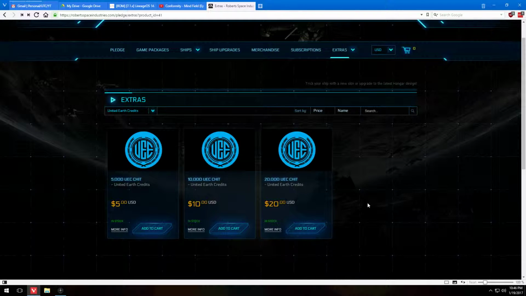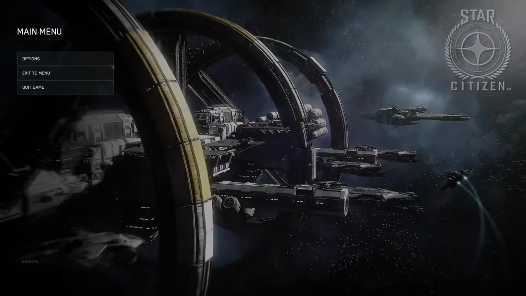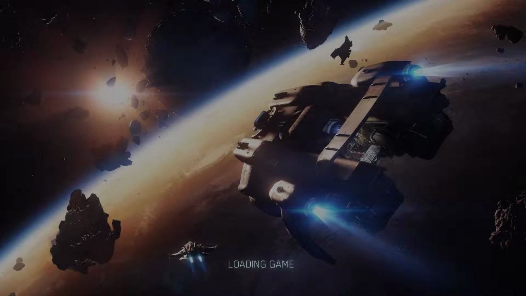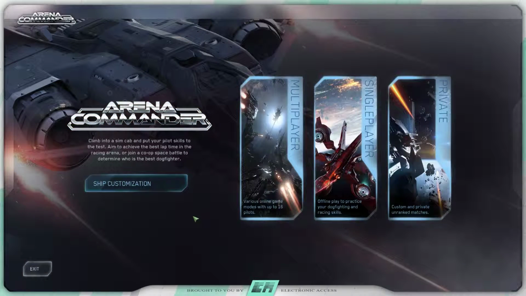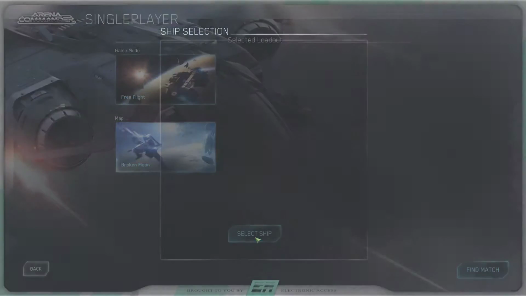And another thing about the currency, you notice I said this isn't what you use in the game right now. This is UEC. What we're using in the game right now, I'll show you. It's called AUEC and REC. There's a module in the game called Arena Commander, and it's basically meant to be a video game within the video game. So it's like a simulation, and you can go in here